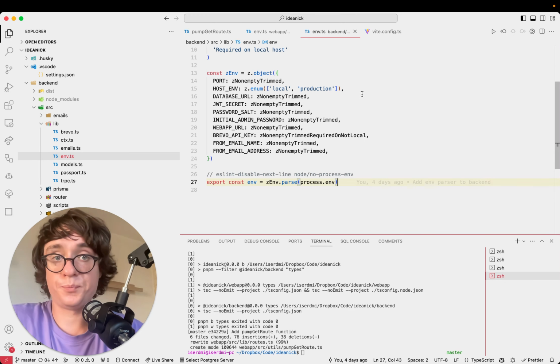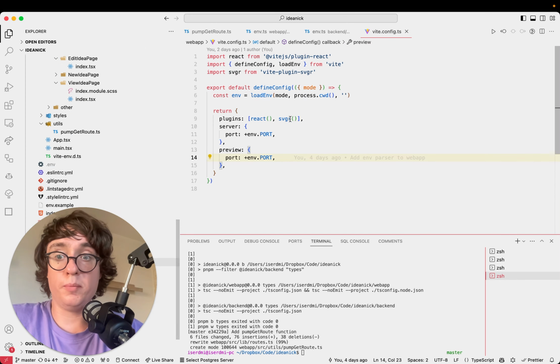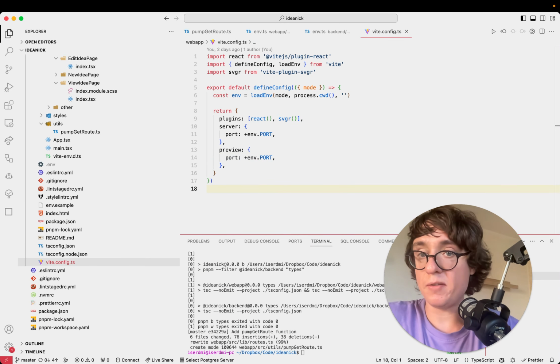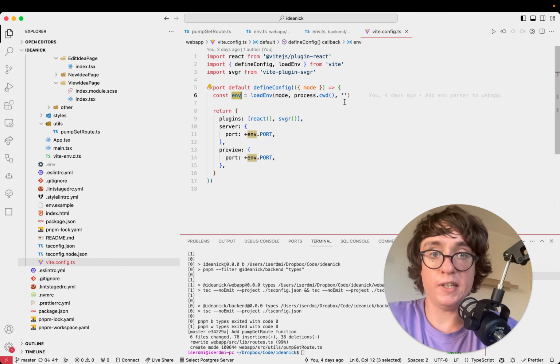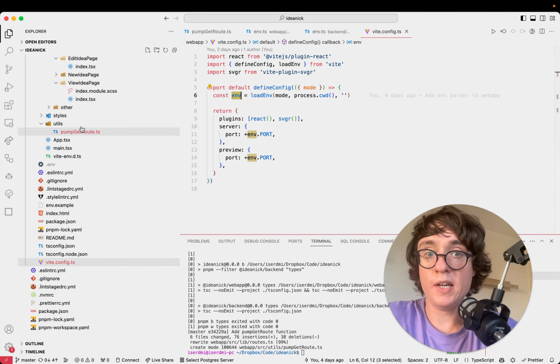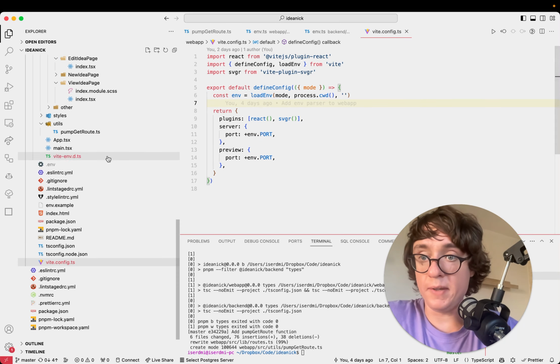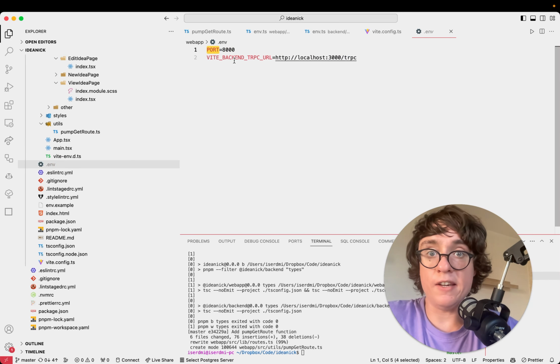Okay, how do we do that? For this, we go to vite.config.ts in our web app and add the following code. Here we have already extracted all the env variables anyway. That's it. And we have them. But here are all the variables. That is, there is both port and